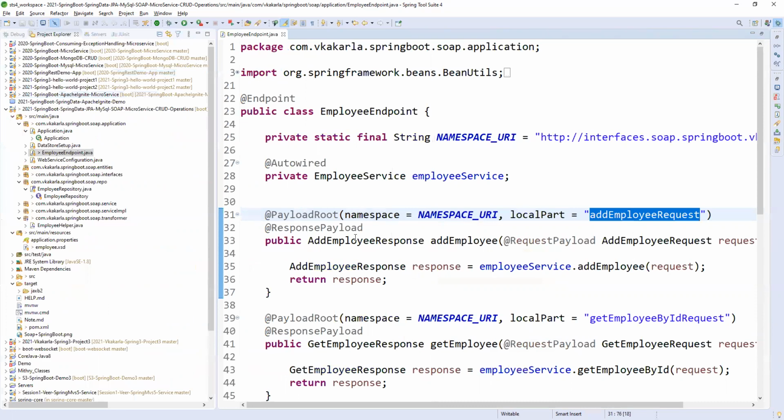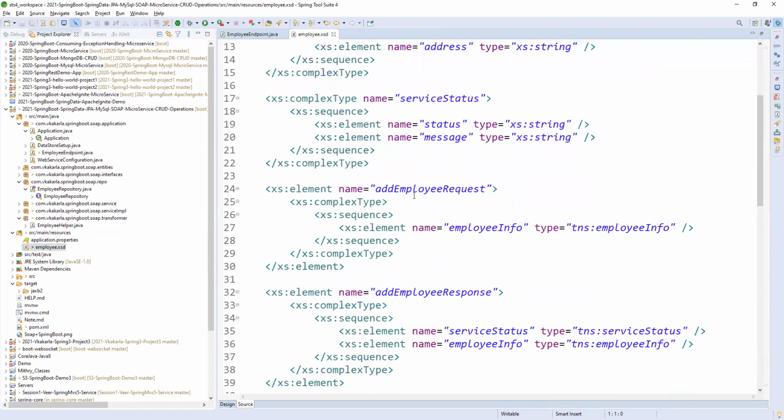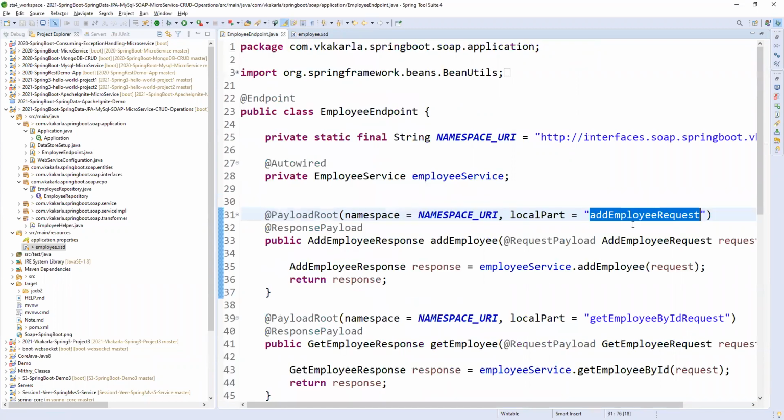If you see here, in employee XSD, we gave add employee request, right? Let me open. Yeah. So this is the XSD, the add employee request. The same way the request will come here.